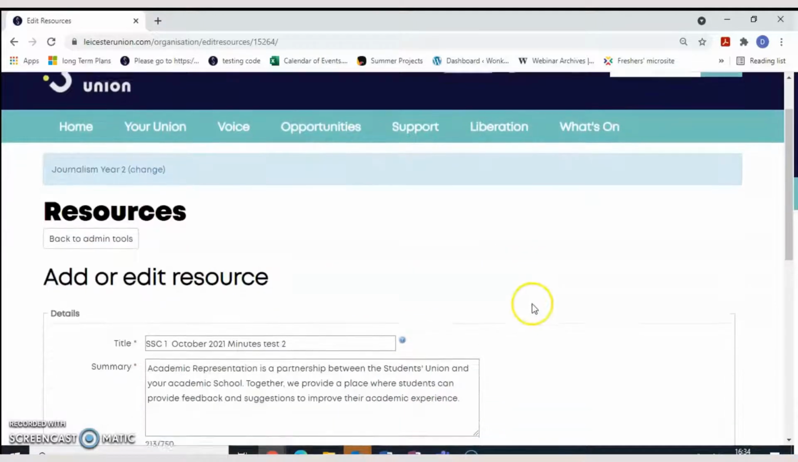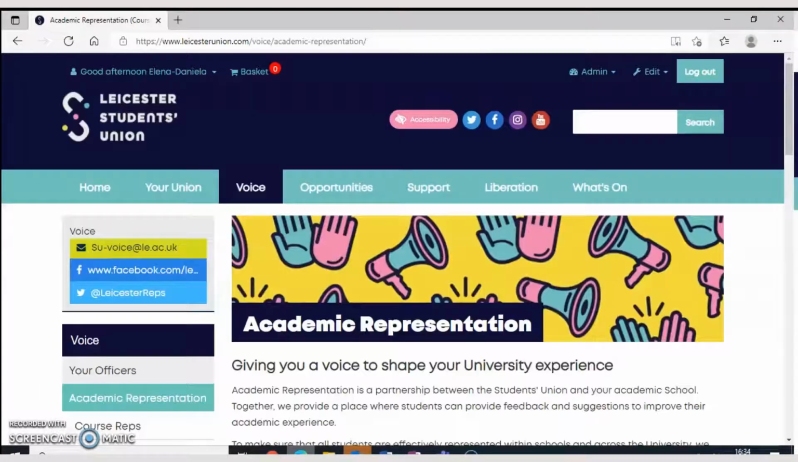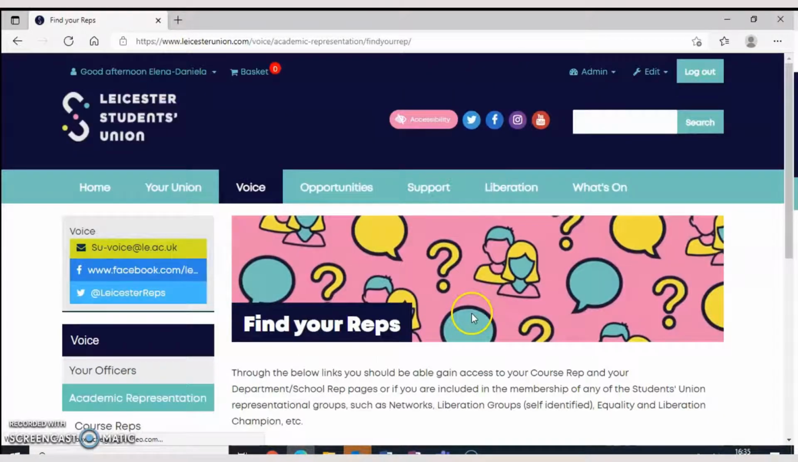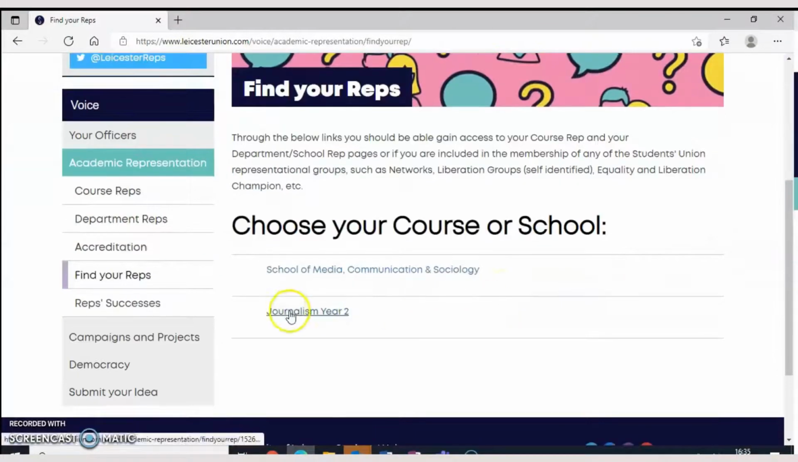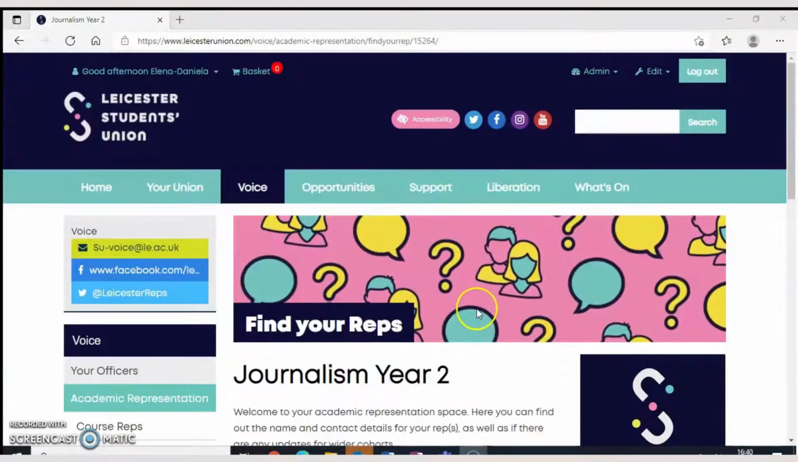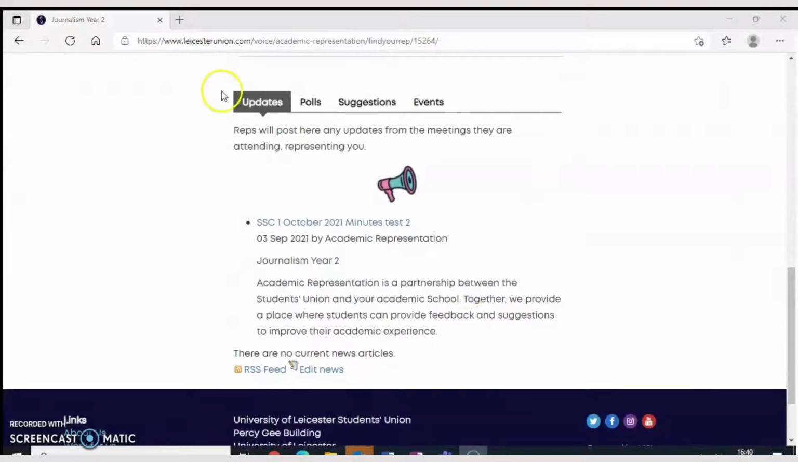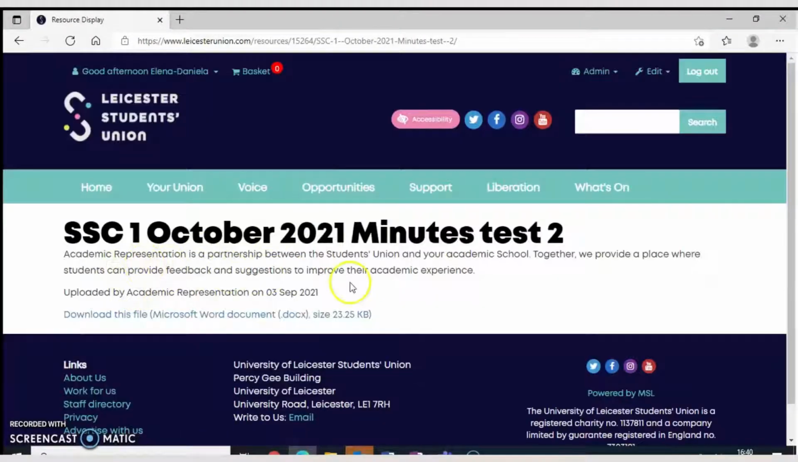Just to show you how this will look from a student point of view, I am here logged in as a non-academic rep. I can go either within the school or within the course, following the course. And you can see that it appears in the update on the page, where your peers can check what resource was uploaded, and they can download the file. So going back,